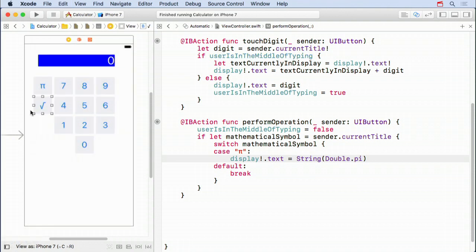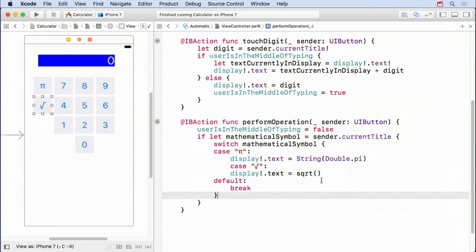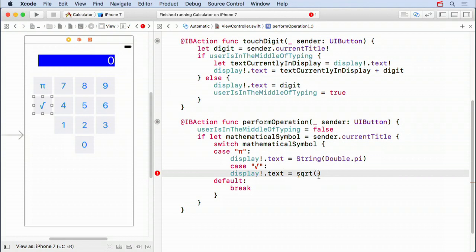All right, so we have this. It's nicely hooked up just to this and not to this, so that's good. We just need to say case of square root. What do we want to do? We want to set the display's text equal to the square root of something. Okay, well, what do we want this to be the square root of? Well, we want it to be the square root of what's over in this display already. So,